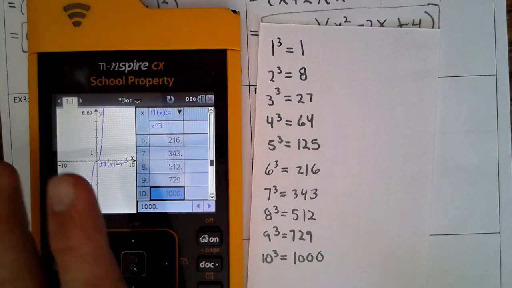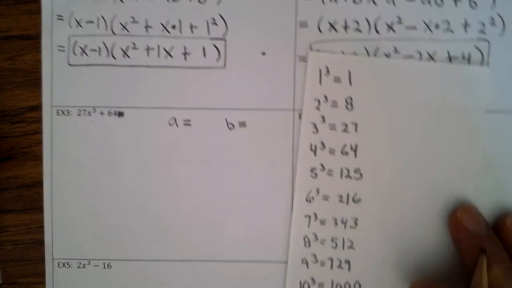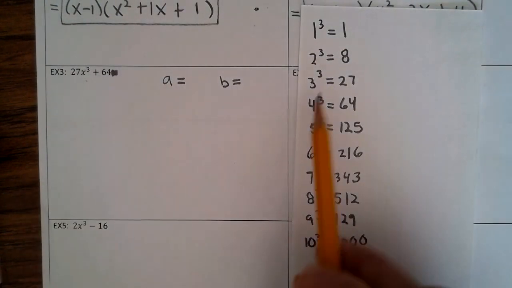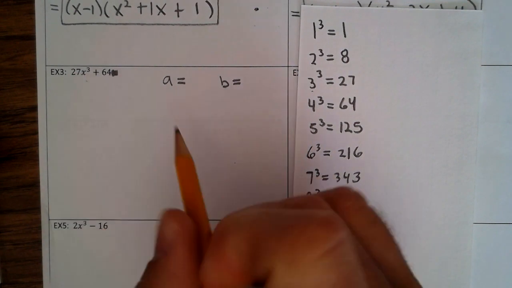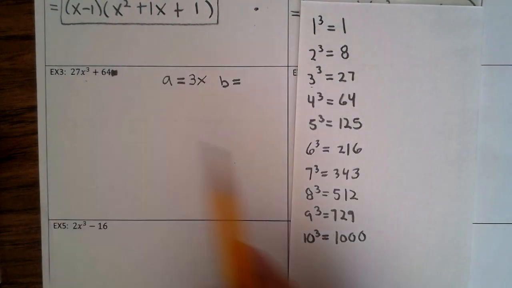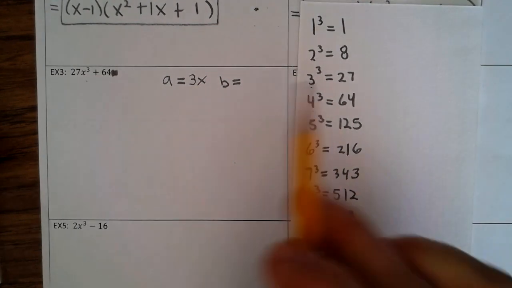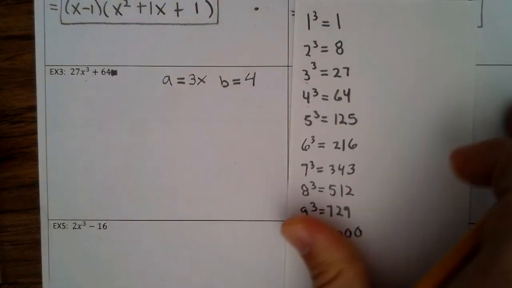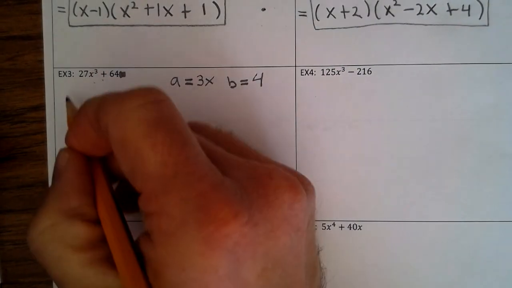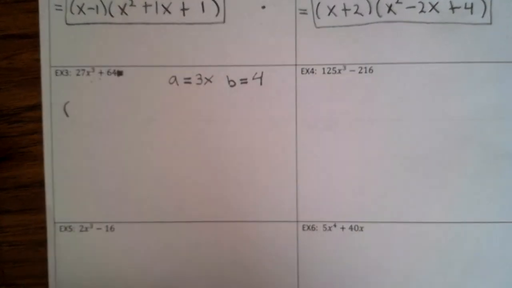Okay? All right. So we'll keep this to the side as we work. So here we look, well, 27, that's 3 cubed. x cubed is x, so that's 3x. And then 64, that is 4 cubed, so b is 4. Okay? So now we know it's the sum of cubes. So we know our formula from example 2,